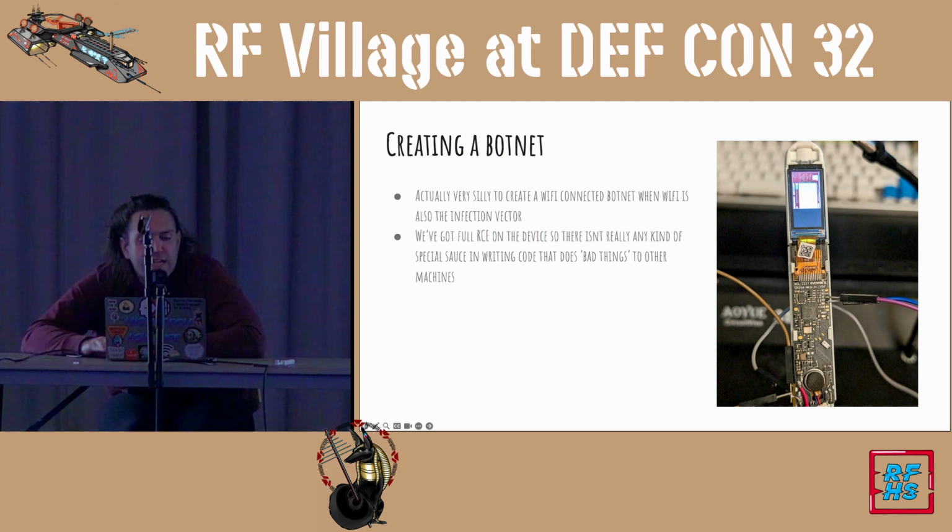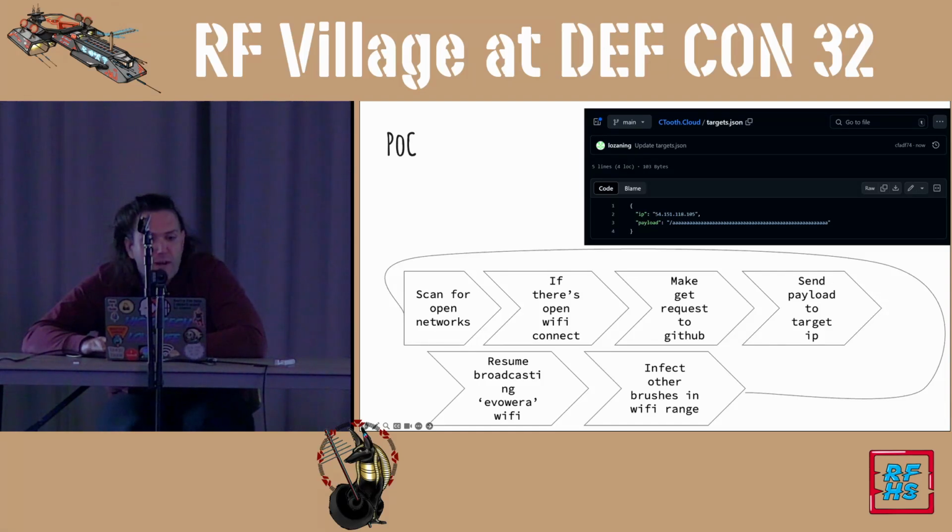So once you have full RCE on the thing, it's not entirely that novel to write ESP32 code that'll make an HTTP GET request that could potentially be something malicious. But nevertheless, we write a POC anyways. Essentially the code will scan for open networks. If there's an open Wi-Fi network, it'll connect to it. It'll then make a